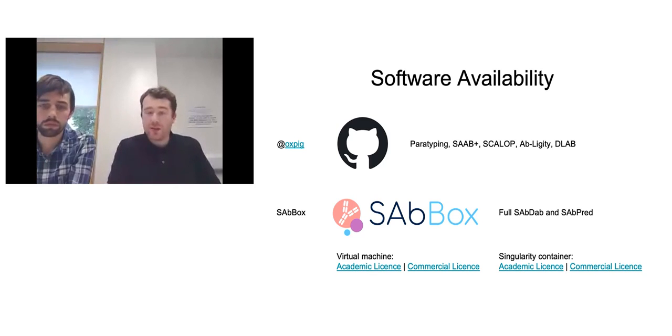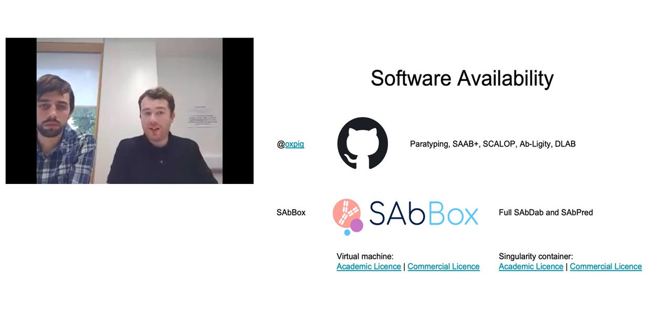All of the SAbPred tools, such as ABodyBuilder, are also hosted on our website. So if you have a sequence of interest and want to generate a model for it, you can use our website. But if you would like to get hold of the SAbDab database and the tools such as ABodyBuilder that are dependent upon it, we distribute the entire platform as a virtual machine and as a Singularity container called SAbBox, which is available through Oxford University. Links are on the slides. It's available completely free of charge for academic use.